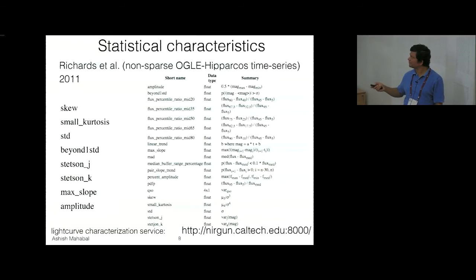That is one of the features that simply tells you how variable that object is likely to be, because more than 90% of the objects that we see are not variable to the extent of small telescope observations. Of course, there are always small variations that you see in all objects. Or then beyond one standard deviation: if you just get the standard deviation for your time series, what fraction of your points are beyond that? That tells you how many times an object is varying.